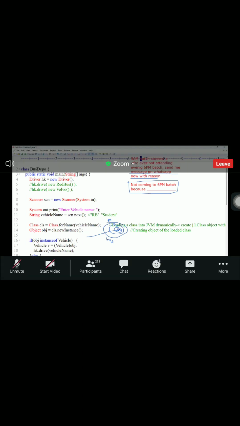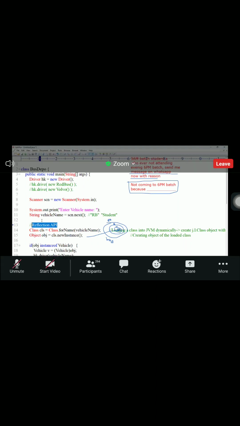Did you all understand? Really? Okay. So tell me, if you want your user class to work with the subclass objects dynamically, I have to write two statements. What are the two statements? Class.forName and Class.newInstance. This class and its methods are technically called the